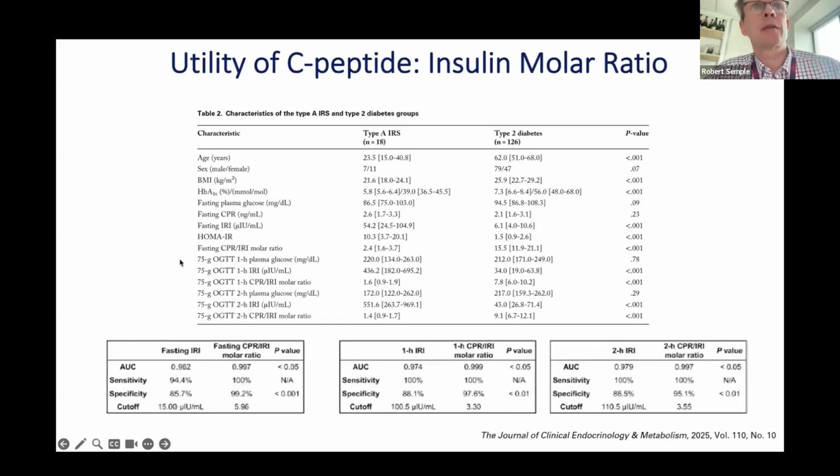I'll just make a very small point in passing that another way that you can discriminate the people with receptor problems from lipodystrophy is a very different profile of insulin and C-peptide. So this is nothing to do with exogenous insulin. This is purely endogenous levels. And because insulin is mostly cleared by the insulin receptor, in the face of a receptor problem, insulin levels go up disproportionately high. And that's where the molar ratio, so you need to have them both in picomoles per liter,